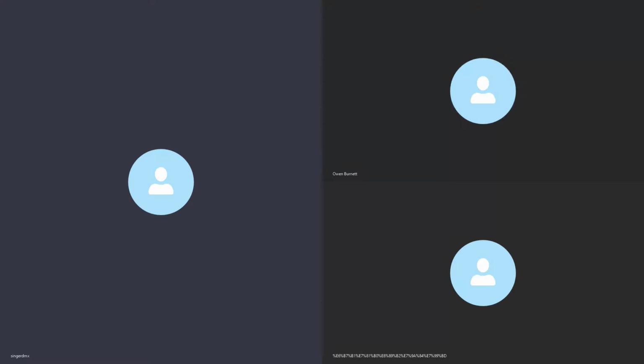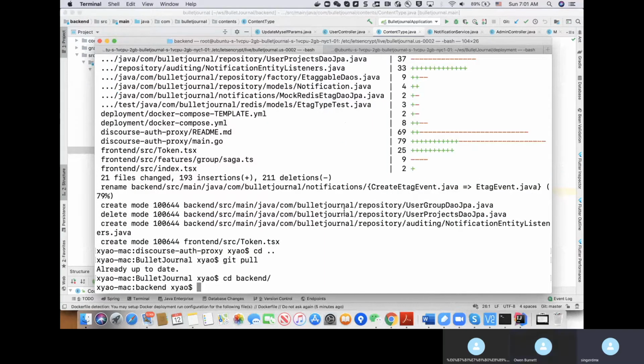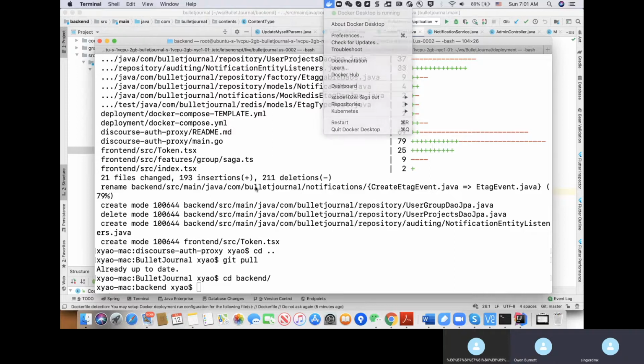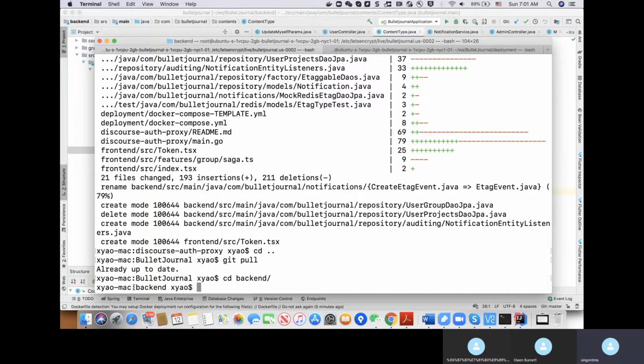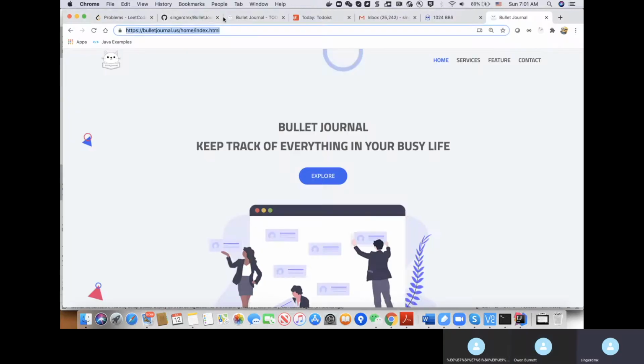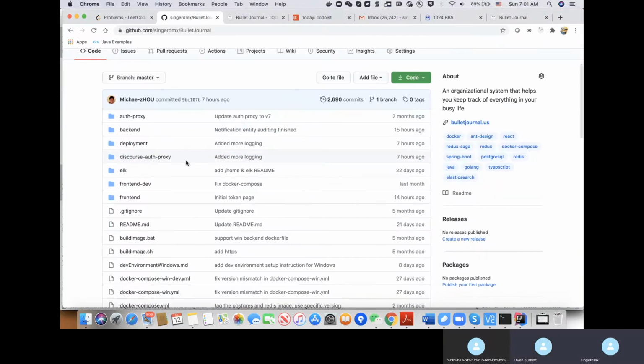Let me first walk through the setup, just in case you have trouble. So I have Docker running here, and we'll focus on the backend. I'm on the backend folder. In the backend folder, maybe let me open GitHub. So I'm on the backend folder, and